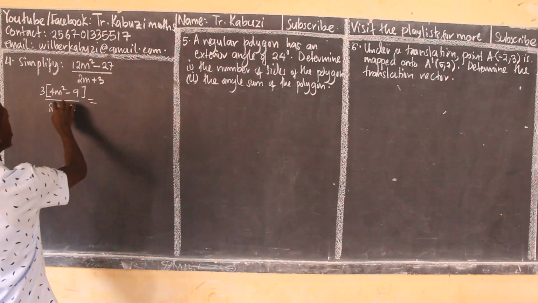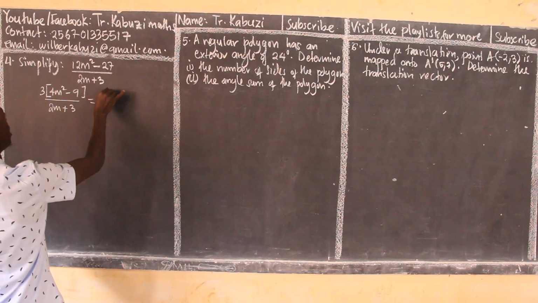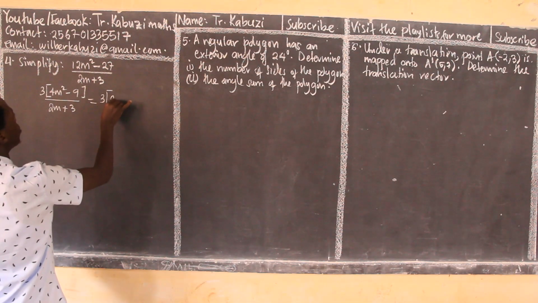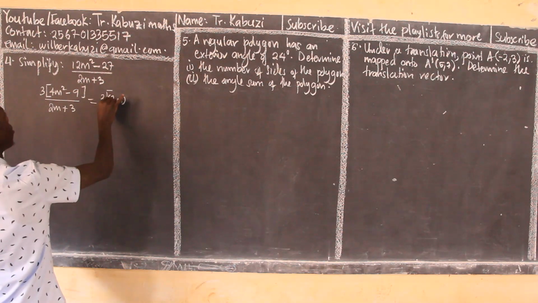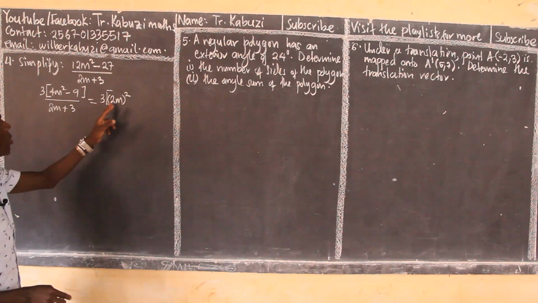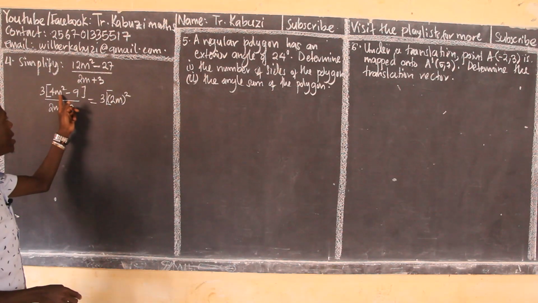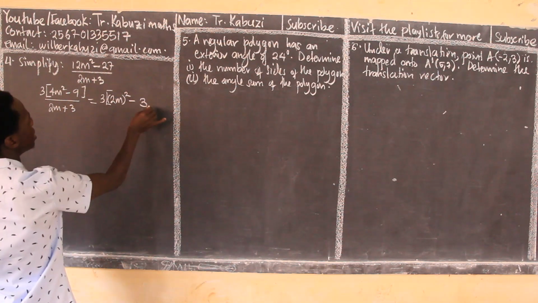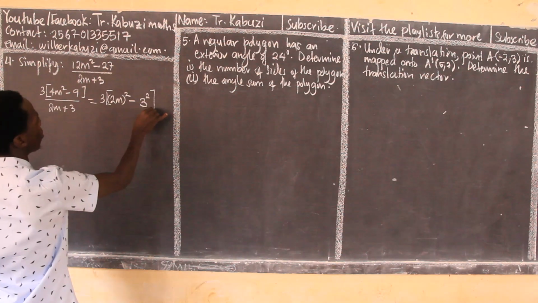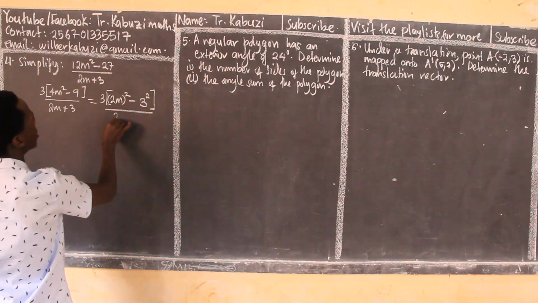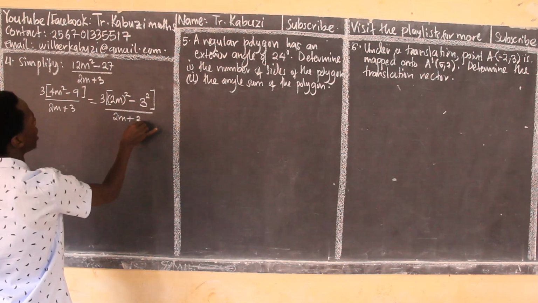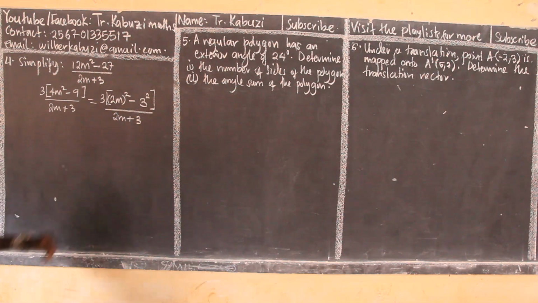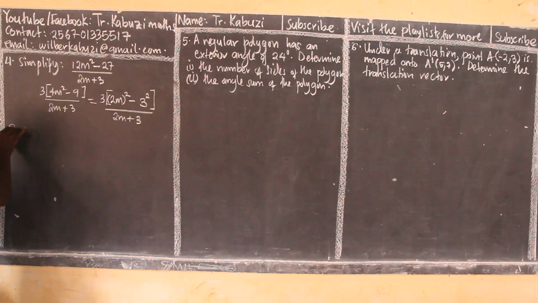And it will now become 3 into 2m, the whole squared. When I square this, I get 4. When I square m, I get m squared. Then minus, you see this one, I can express it as a square, as 3 squared. The whole over 2m plus 3. Now here you see the difference of two squares, and we know that if we have